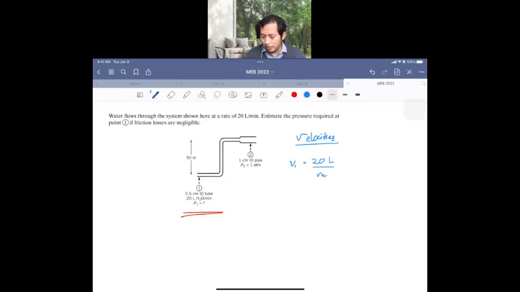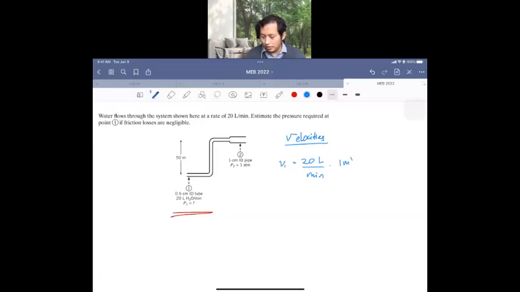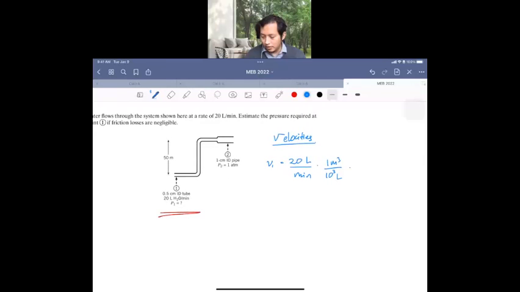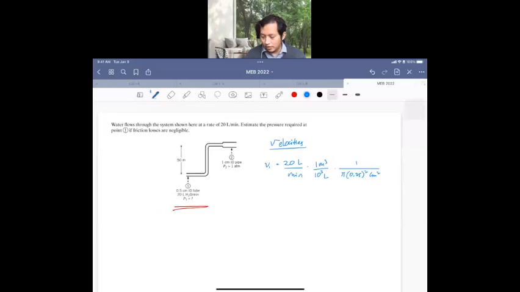20 liter per minute. So we are going to exchange liter to meter cube, and this should be divided by the cross section, which is pi times the radius, 0.25 squared. It's in centimeters squared. We need to also change to the